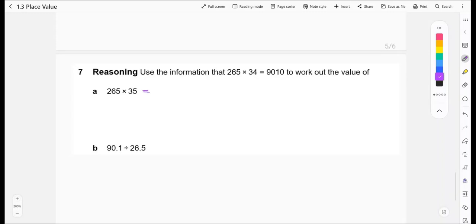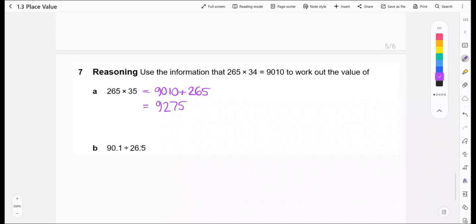Well, if you see that actually 35 is one more than 34. So we're actually doing one more times 265. So to work this one out, we can start with the answer we were given in the question, which was 9010. And we can simply add one more lot of 265, which will give us